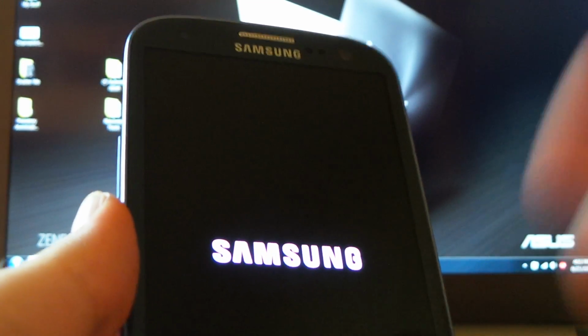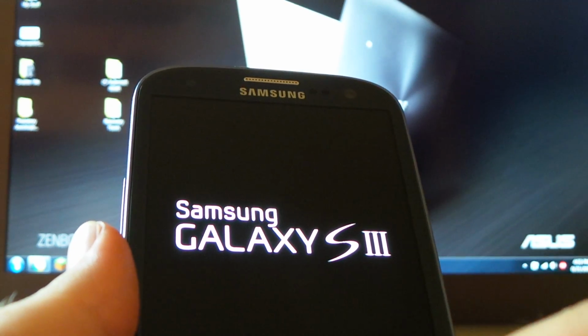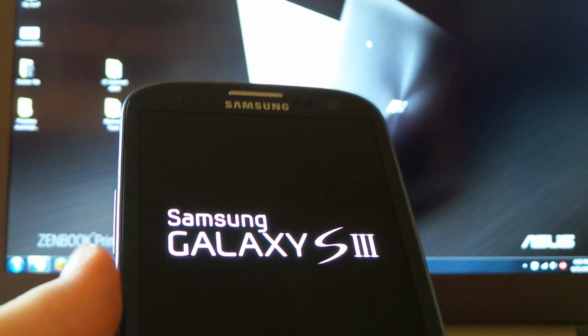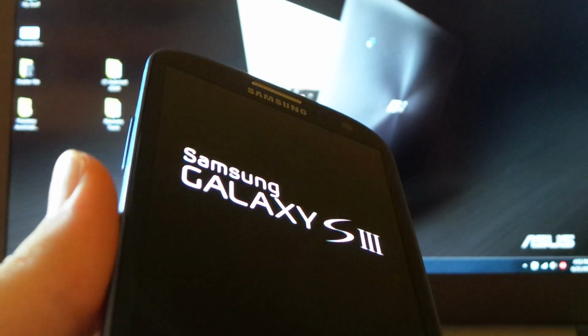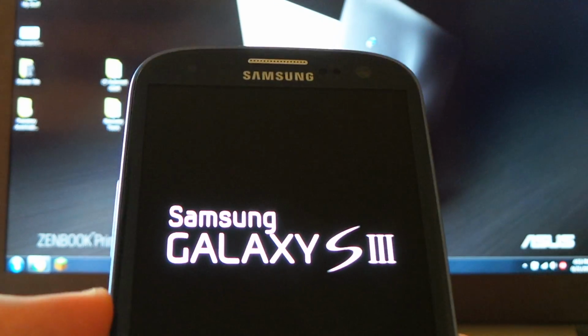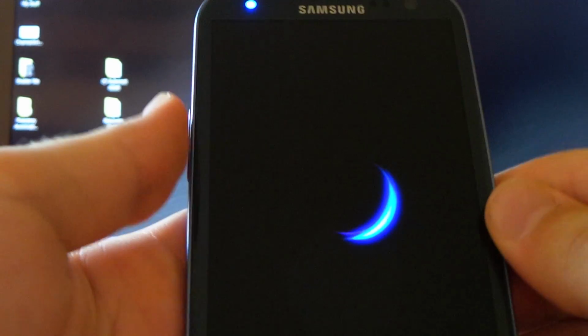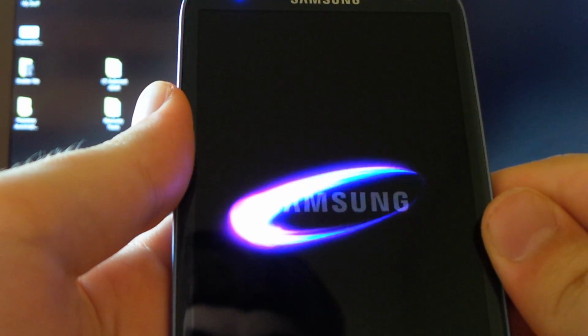Okay, so it finished the process, and this will wipe your data, it'll wipe your personal information off of it. It'll be as if you did a factory reset and have a Galaxy S III running KitKat right out of the box. So this will have KitKat on it once we finish booting it up, and then I will again skip through the process of